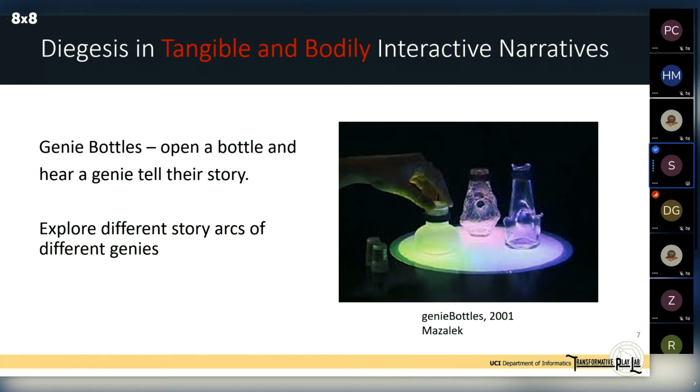What readers do is they open the flask bottle and they hear a genie come out to tell their story. And if two bottles are opened together, two genies come out and start talking to each other. In this way, readers can explore different arcs of the story by opening different bottles. And here, rather than using a digital medium like a desktop or mobile phone to interact with the story, readers are using bottles. And these bottles are tangible objects which are rooted inside the narrative, and that's how they can bring readers closer to the story world.